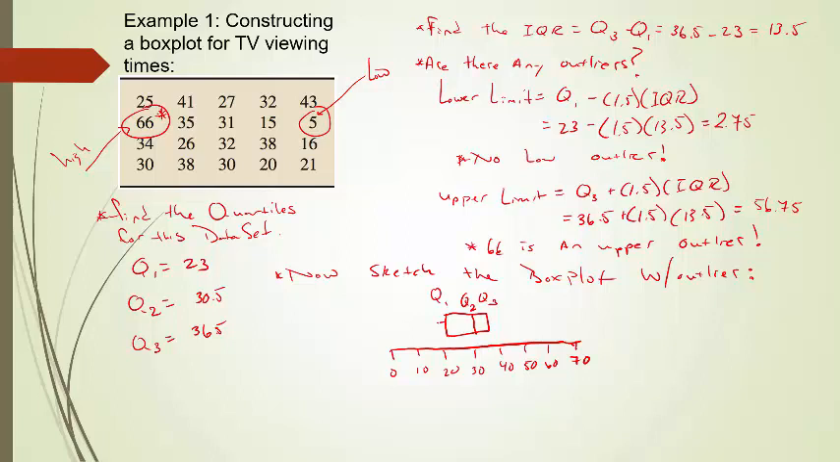So I'm going to draw a whisker down to the number 5 here. All right, now how you show the outlier, because this is an extreme or unusual value, you're going to go to 66, and you're going to put a little asterisk. Okay, so there's your outlier,